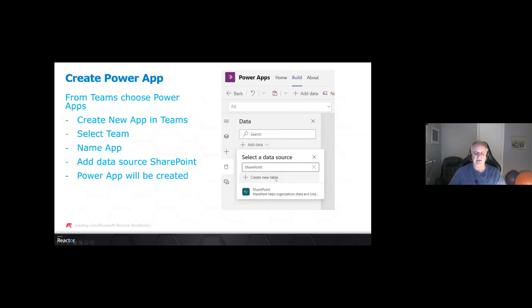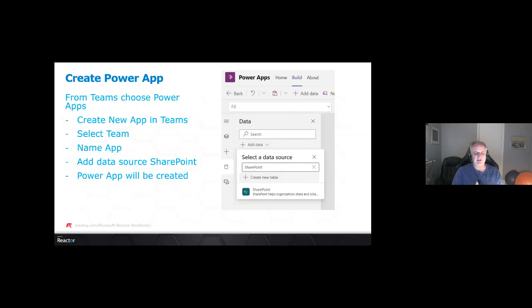You get the columns onto the PowerApp. So that's really the process for adding the Microsoft list to the SharePoint site, to the team site. You want to create the PowerApp,